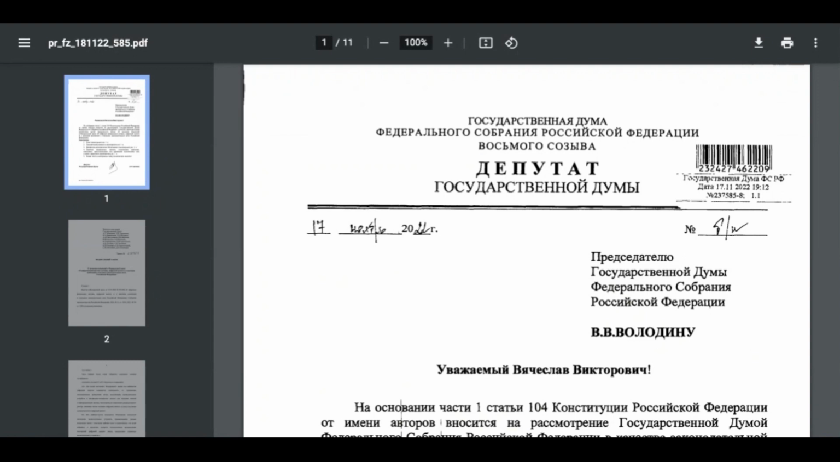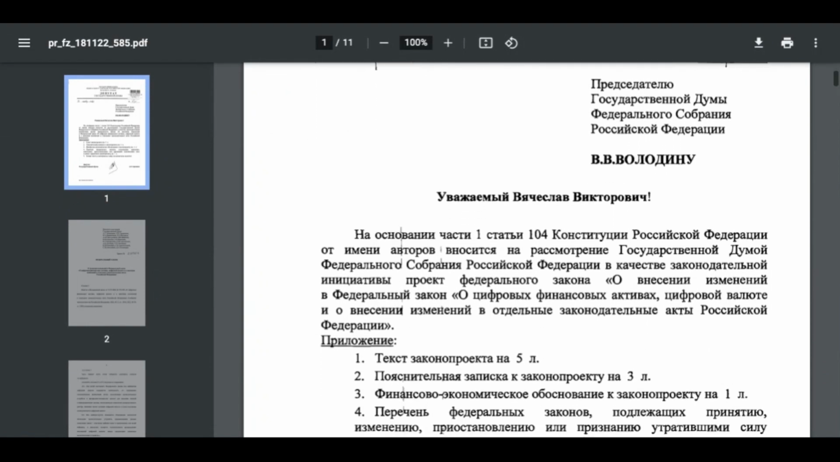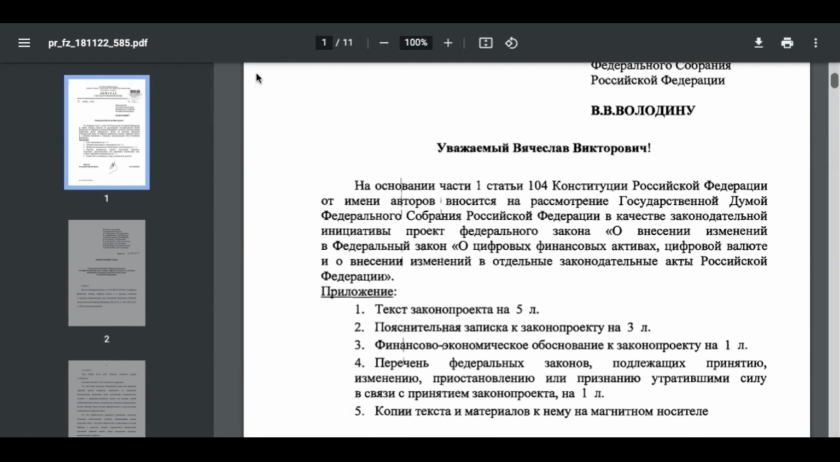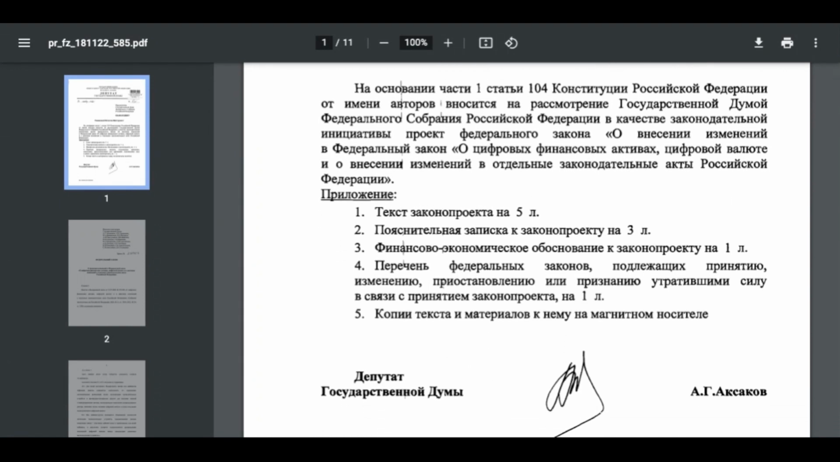At this time, it is not possible to make settlements in Russia using cryptocurrency. I will read one page of the 11-page bill translated from Russian to English. The link will be in the description. Based on Part 1 of Article 104 of the Constitution of the Russian Federation, on behalf of the authors, it is submitted for consideration by the State Duma, Federal Assembly of the Russian Federation